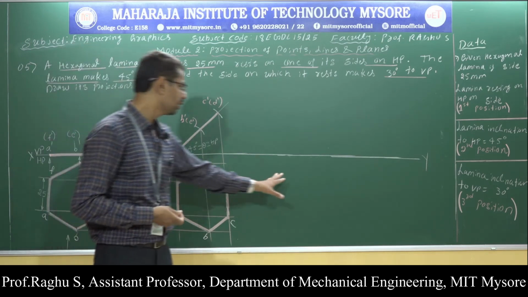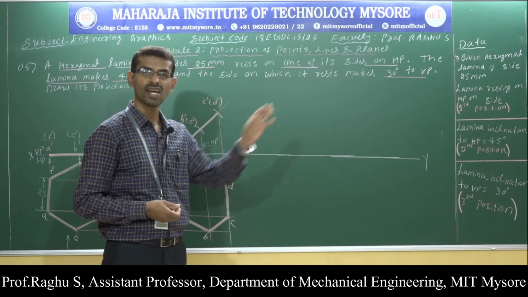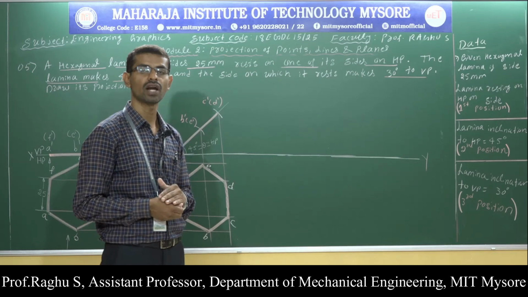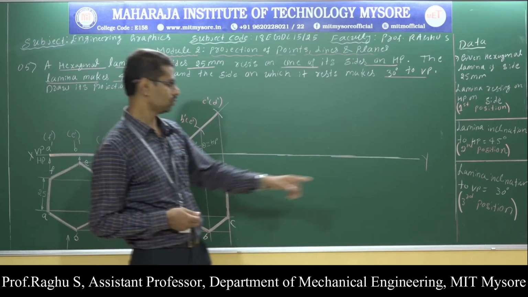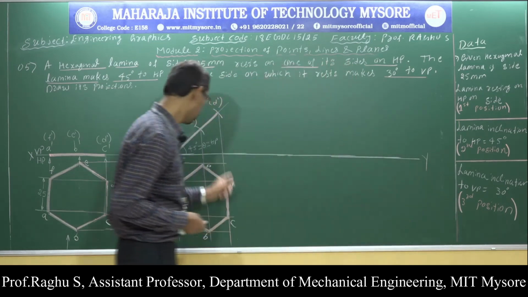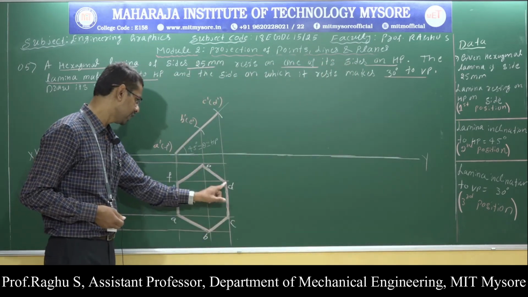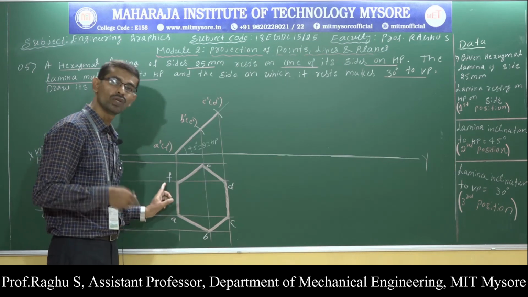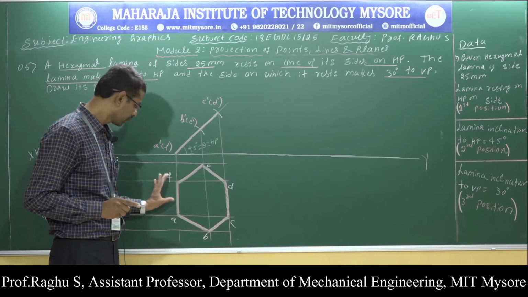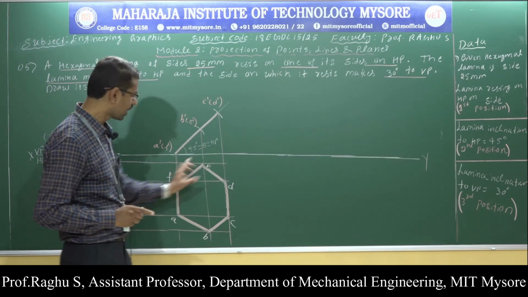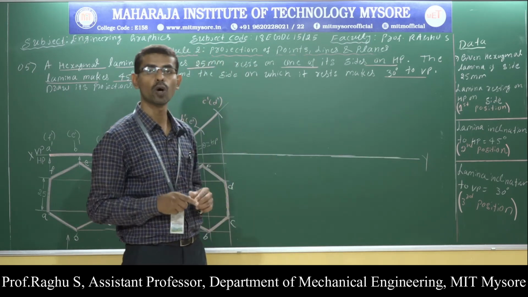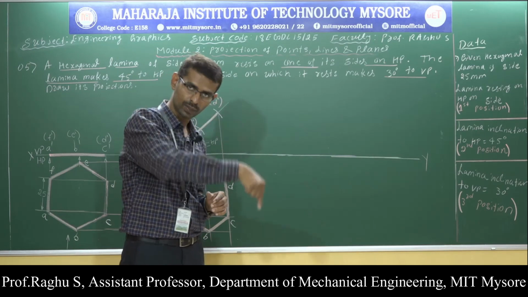Now to draw the third position, I need the VP inclination. The side on which it rests is inclined 30 degrees with respect to VP. So this data is required to draw the third position. Out of the 6 sides AB, BC, CD, DE, EF and FA, which one is the resting side? The side towards our left side. AF is the resting side. This side is inclined 30 degrees with respect to VP. VP inclinations are visible in the top view.